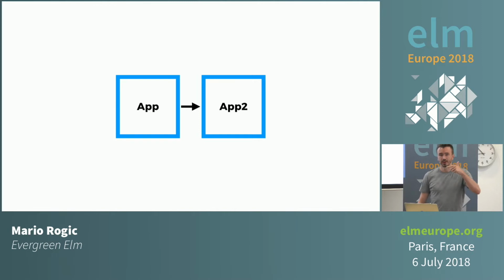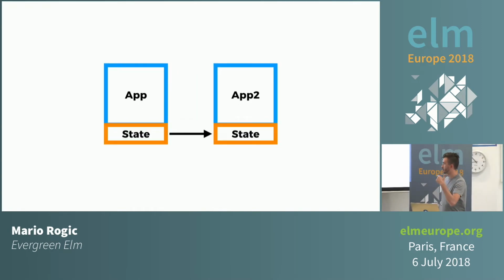Now, when I'm drawing these arrows, what I'm actually talking about more concretely is that state that's moving across. So not specifically the code and retaining that code, but this idea that we have an app and it's fully functioning, and then when we deploy stuff, by default in Elm, we don't have anything to help us along here, right? There's no connection there.